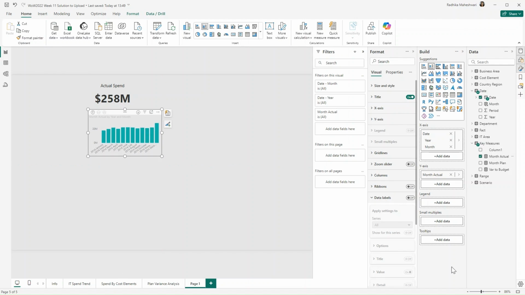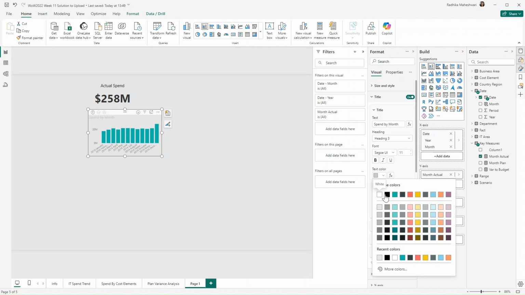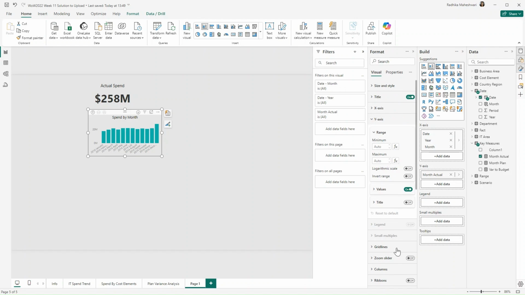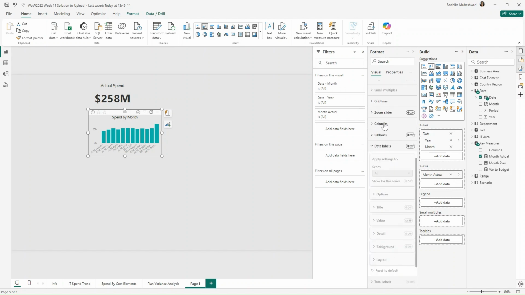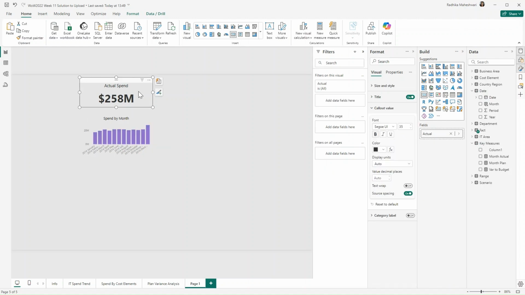Let's format this as well quickly. First, for title, I'll change it to spend by month. Let's just increase the size, change the color, get it center aligned, and then we can just change the color of the bars. So let's go to columns and change the color to the one that's used in the challenge. Let's just copy this